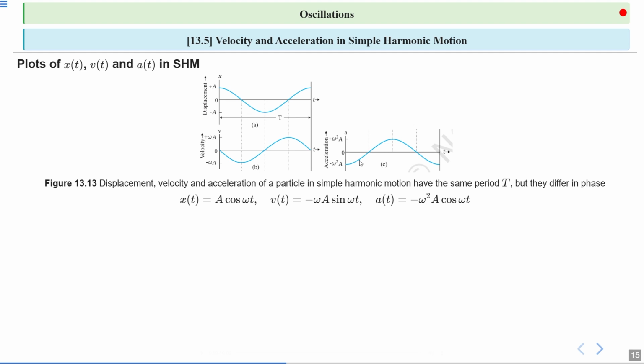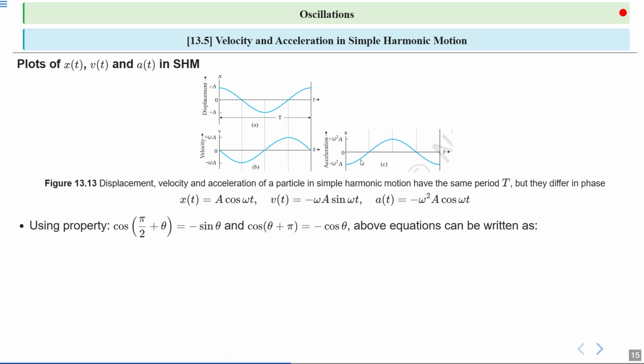So x of t is equal to A cos omega t, v of t is equal to minus omega A sin omega t, a of t is equal to minus omega square A cos omega t. So let's use some trigonometric identities to rewrite these equations and see the phase differences more clearly. Cos of pi by 2 plus theta is equal to minus sin theta, and cos of theta plus pi is equal to minus cos theta. Above equations can be written as